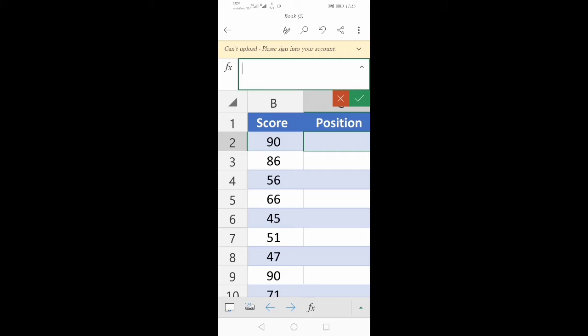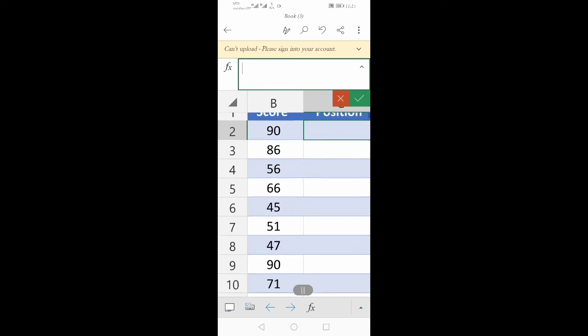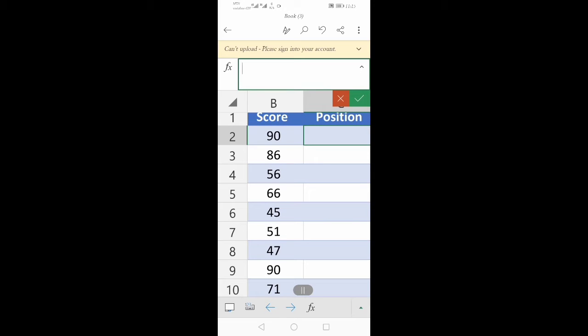In spreadsheet or in Excel, we are going to use a function called RANK. This RANK function accepts 3 arguments. The first argument is the number or the score you want to rank on. The second argument is the ref, which is the range of numbers, or the group of numbers, you are using to find